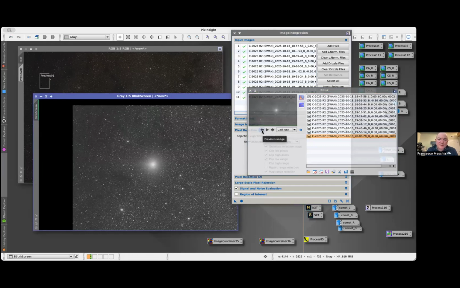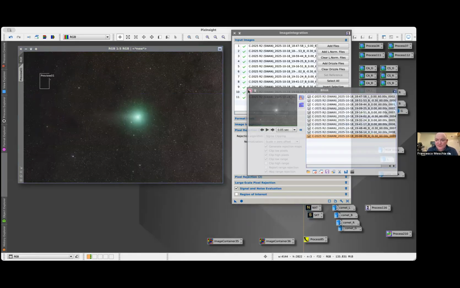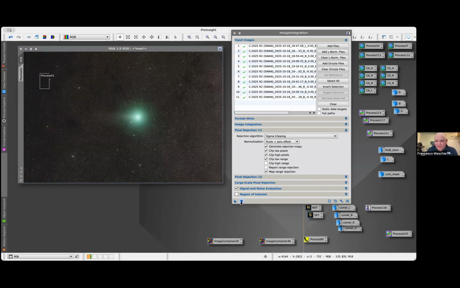And if the comet moves a lot, the stars appear to move a lot, and therefore there must be padding. In this case, it's padded with black. So we want to tell image integration to ignore black parts. Don't consider them as part of the statistical analysis for pixel removal. Now, if I start this process,